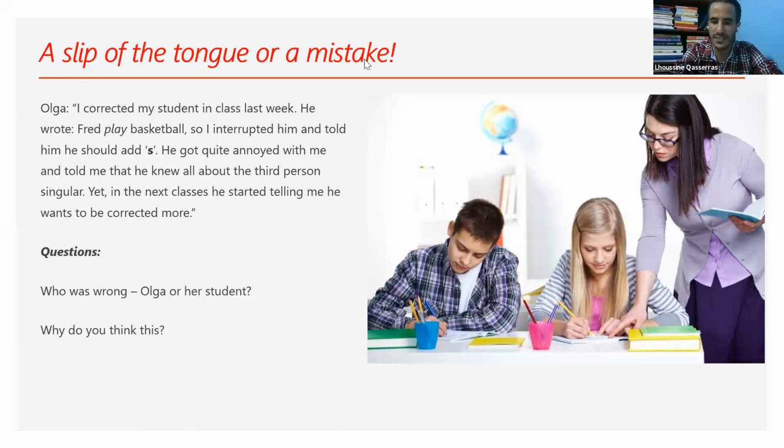Olga, she had to correct implicitly. Okay. Burwah, Khalid, Olga. All right. Linda, both. Linda Smith, excellent job. Both of them, there is something wrong with the two. Now, you tell me what was wrong with the teacher and what was wrong with the students. So both of them were wrong. Let's start with Olga. What was wrong about Olga?